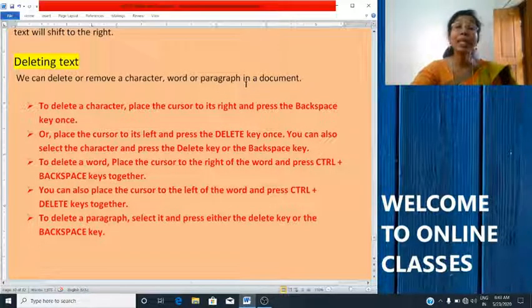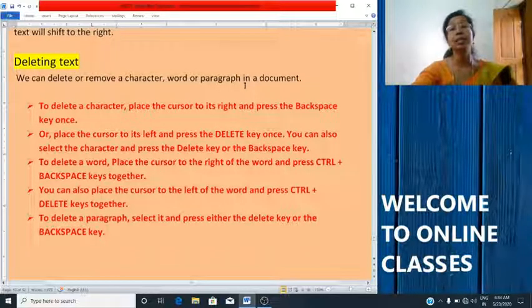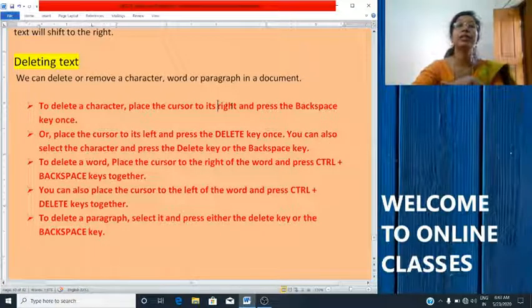To delete a character, place the cursor to its right and press the backspace key. If you want to use the delete key, place the cursor to its left side and then press the delete key, so the character will be deleted.